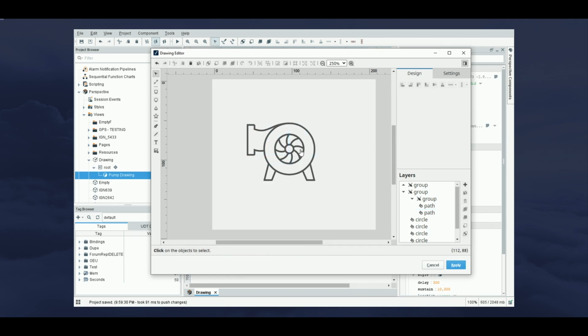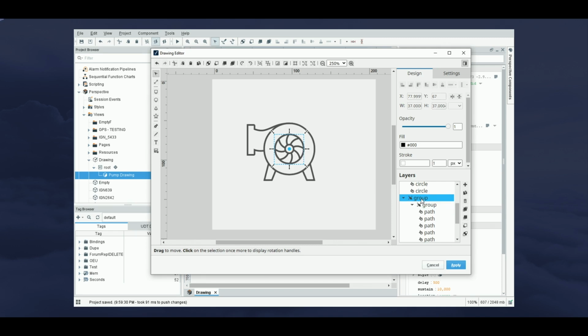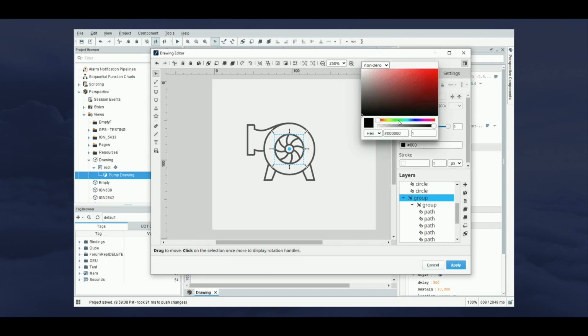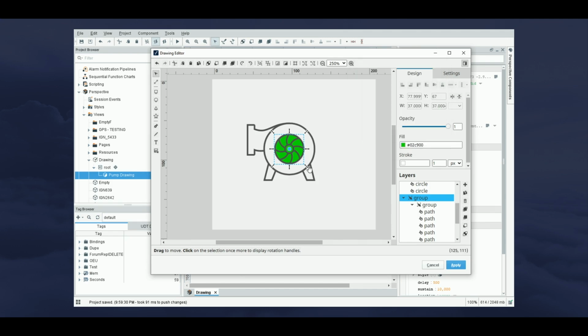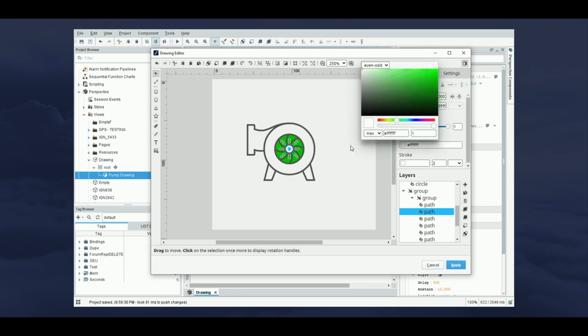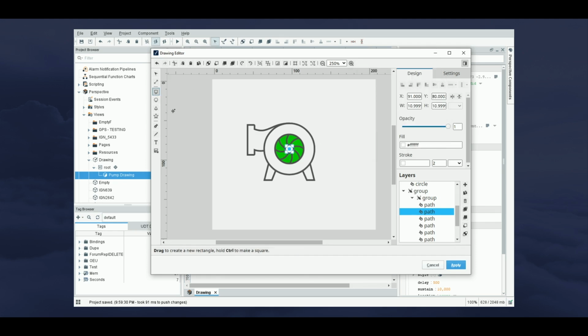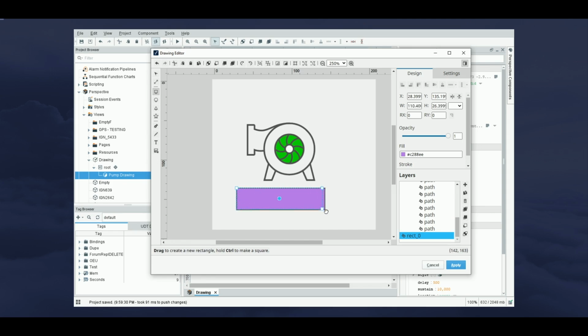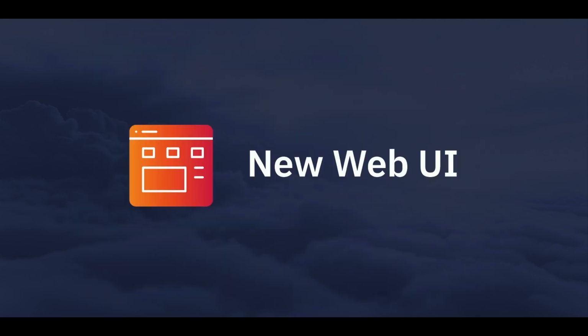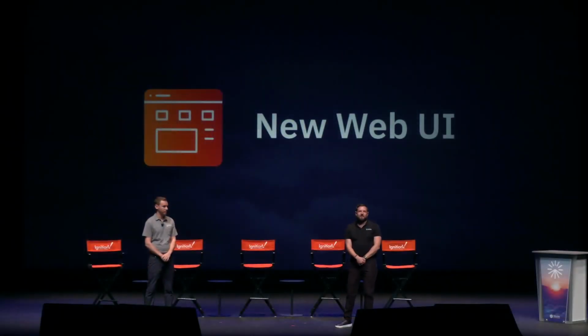So this drawing environment has been entirely designed and implemented in-house, which means that it integrates seamlessly with the rest of Perspective's features. Most importantly, what this means is that in the drawing environment, you also have access to binding configuration for common visual properties like visibilities and fills and colors and stuff like that. So pretty excited about that one. Yes. Next, we have an entirely